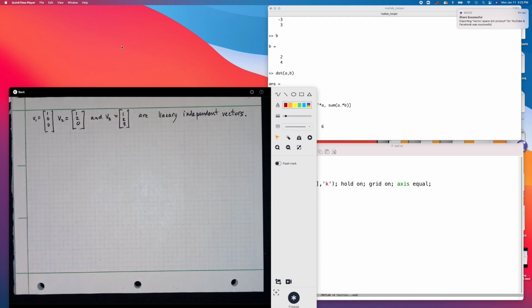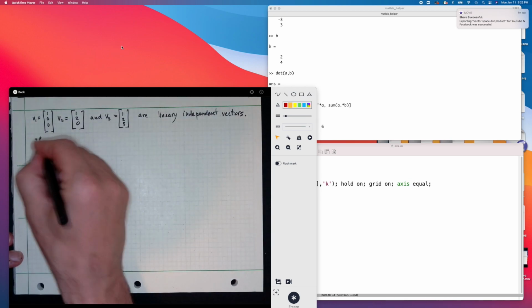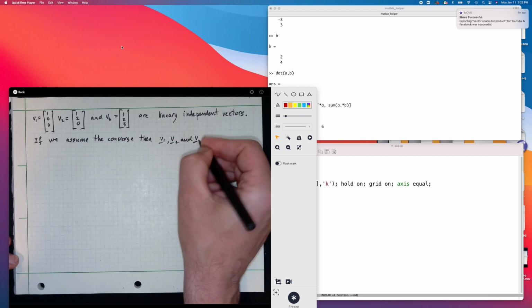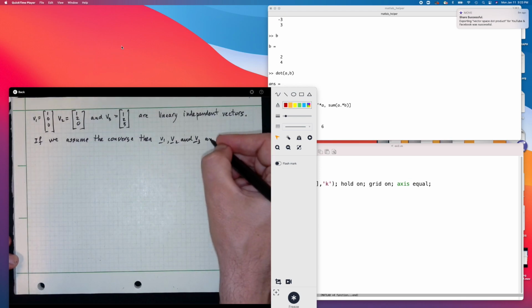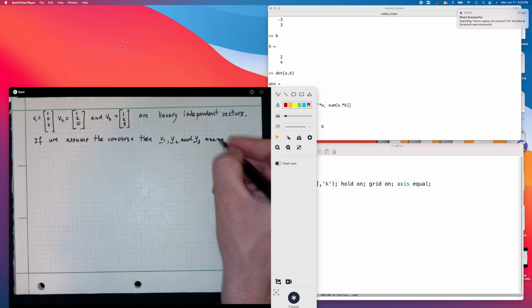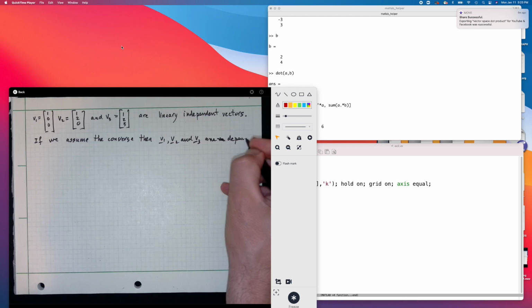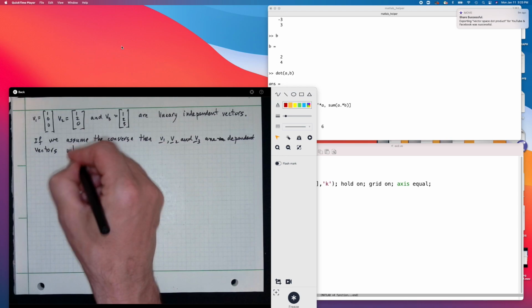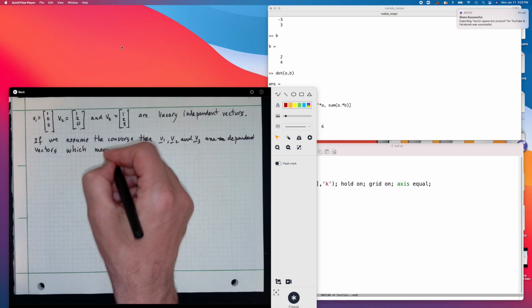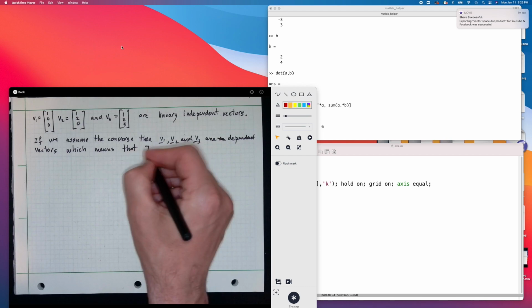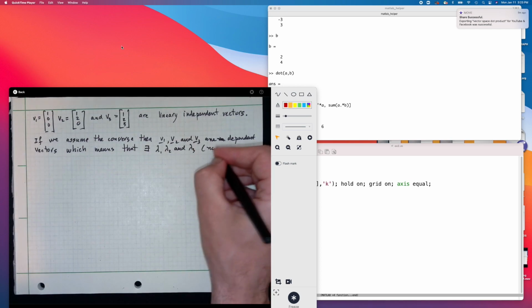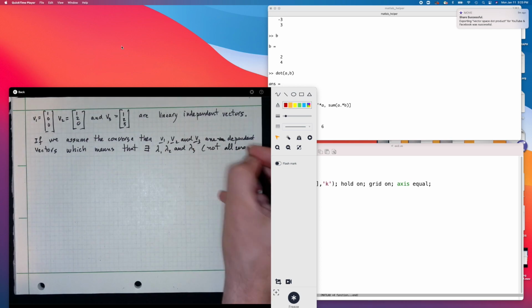To demonstrate that that is indeed the case, we're going to assume the contrary. So if we assume b1, b2, and b3 are dependent vectors, which means that there exist lambda 1, lambda 2, and lambda 3, not all 0, such that